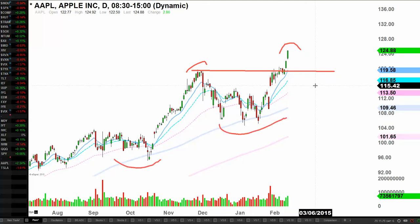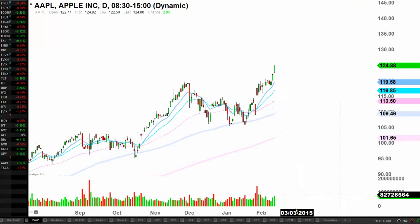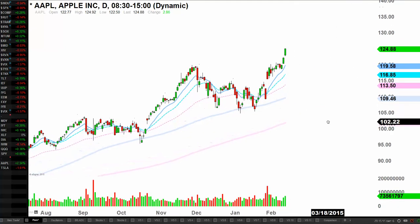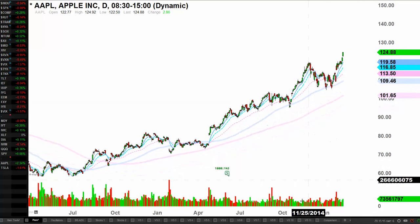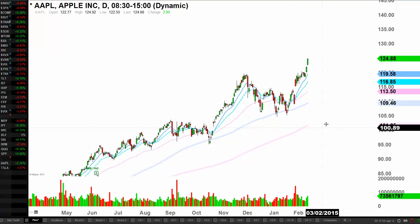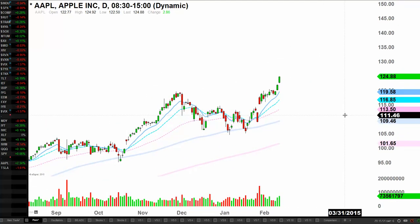We're still in an uptrend. We're way above the 10 EMA, so minor term bullish, intermediate term bullish, and primary term bullish is starting to look really good here. And so we'll continue to look at this as a bullish chart, and this is very, very good looks for Apple. Looking at the primary term, I think Apple will do very, very well in 2015. As long as the market continues to illuminate a bullish environment, a lot of these stocks will do